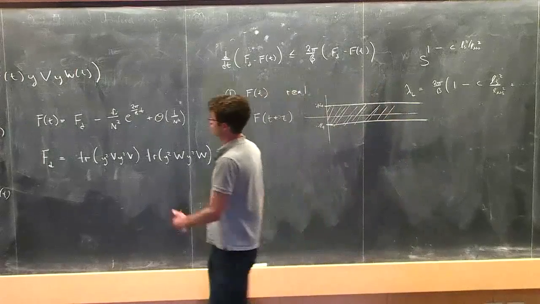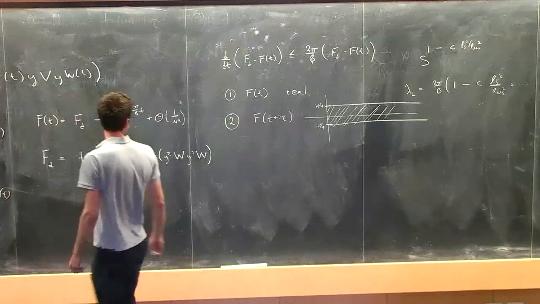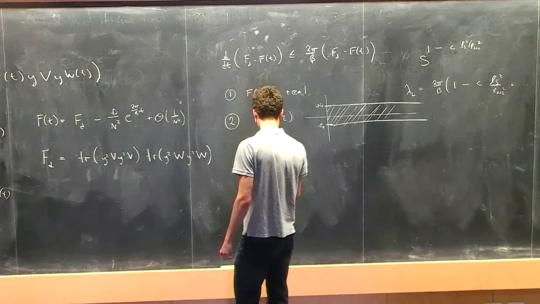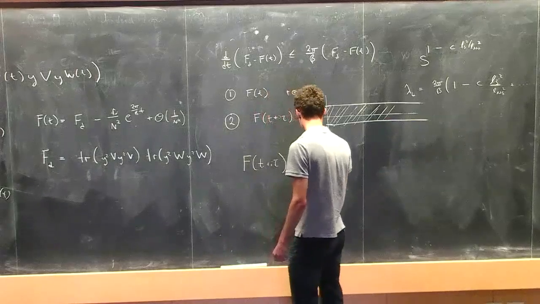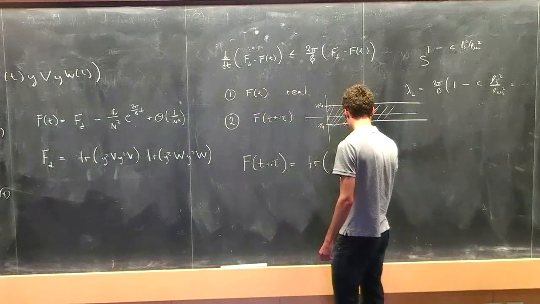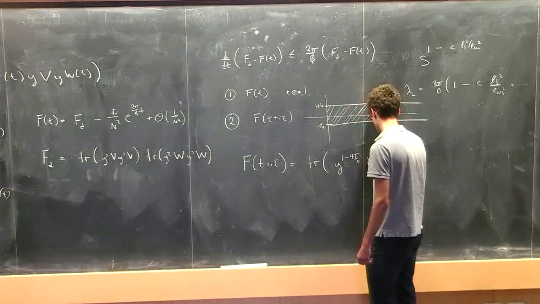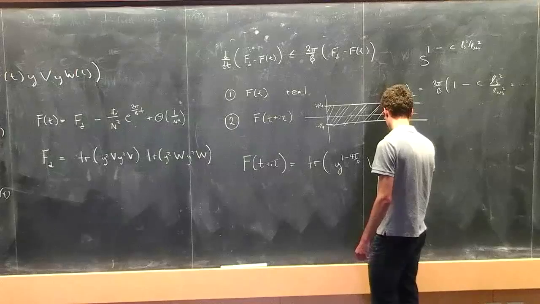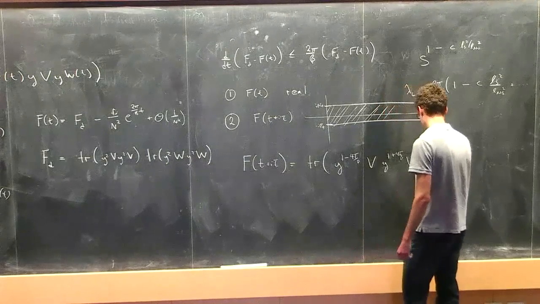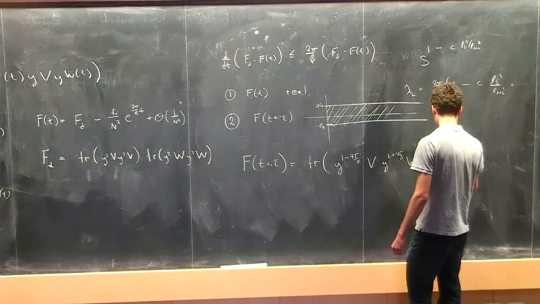A way to see that is to just put in t plus i tau here. What we find is F of t plus i tau is equal to the trace of y to the 1 minus 4 tau over beta. It could be that this is plus. I hope I haven't got this backwards, but I easily could have. Y to the 1 plus 4 tau over beta W of t minus 4 tau over beta.